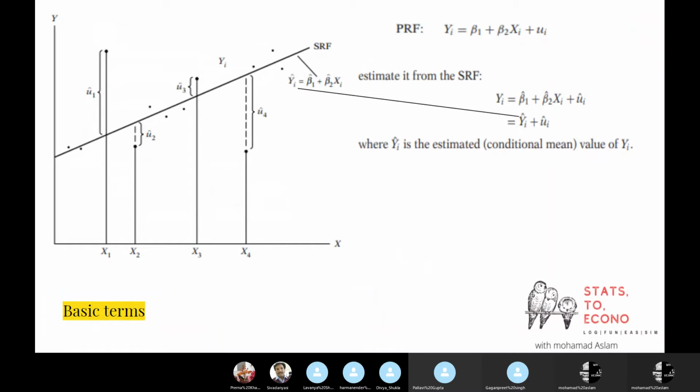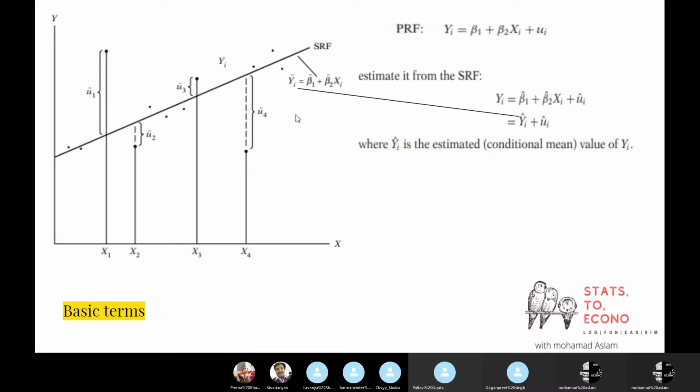In the form of a regression line, now you can see this. I think this will give you more clarity. This is a regression line based upon the sample estimates, because we have sample data only for the x and y variables. So we are going to use the hat: beta 1 hat plus beta 2 hat xi, then y hat. If we add an error term, then it's the actual y values. These dots are the actual y values.